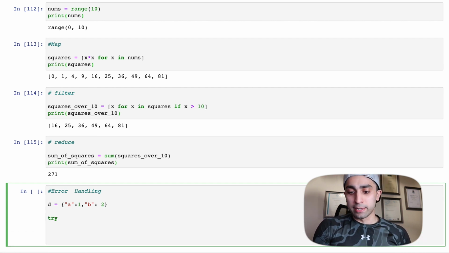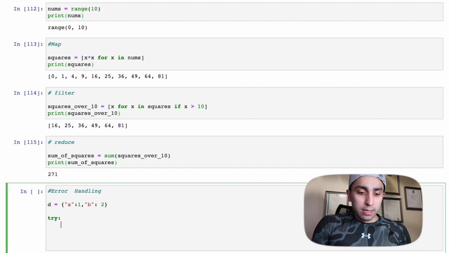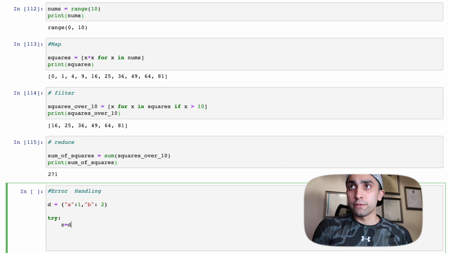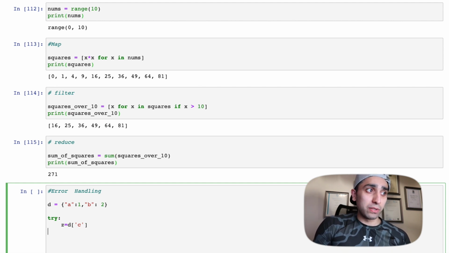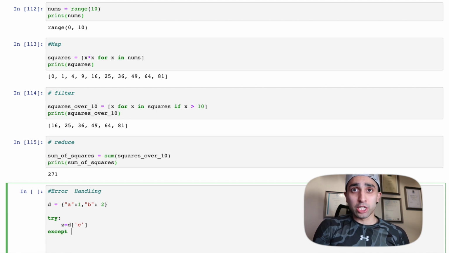And I'm going to start writing the code for error handling. So say try: Z is equal to D of C, which is my dictionary, and I'm trying to access the value for the key C. As you can see in my dictionary, there's no key C. This should give an error. What I want to do is not see that error. I want to say except. Rather than seeing that error, I want to handle that error. So I want to say except KeyError